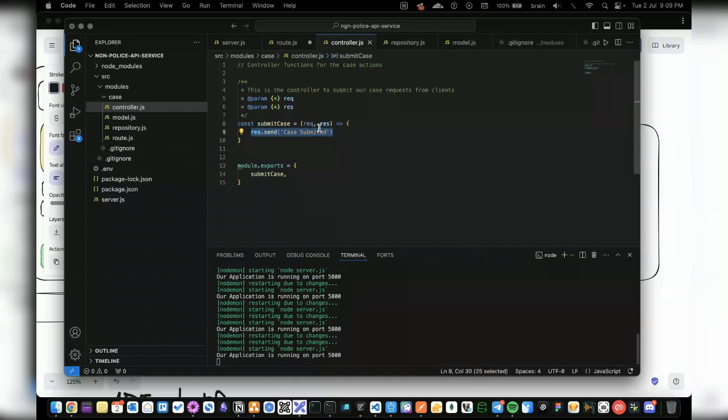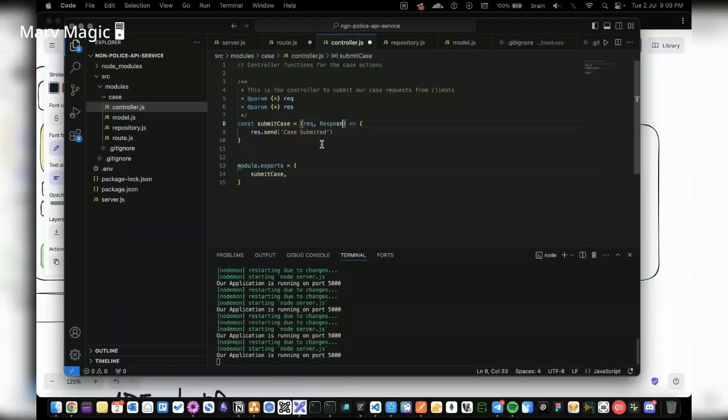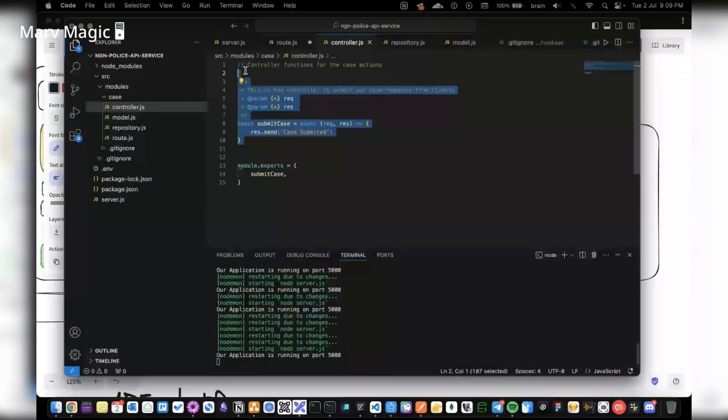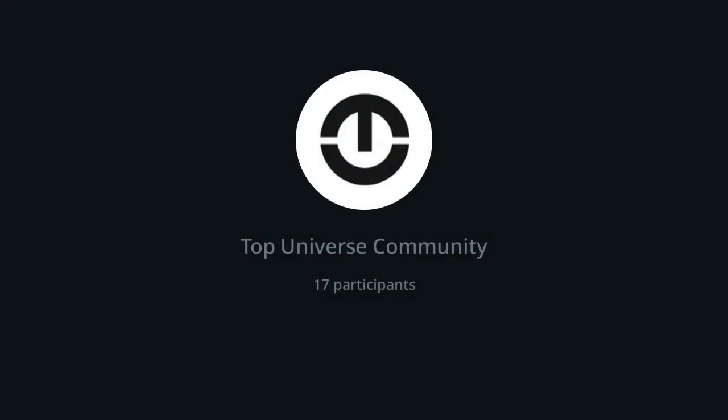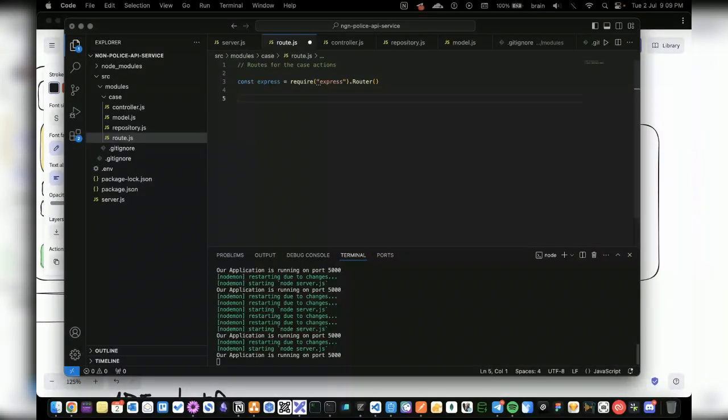This is response. You can choose to write it like this, request, if that is what you prefer. But a lot of people will probably prefer to follow a standard that the industry already follows, or a lot of developers are already familiar with. You can make this asynchronous if you want. So here we have that controller, and we're exporting that controller because we want to have a route file that we can use to work with that controller.